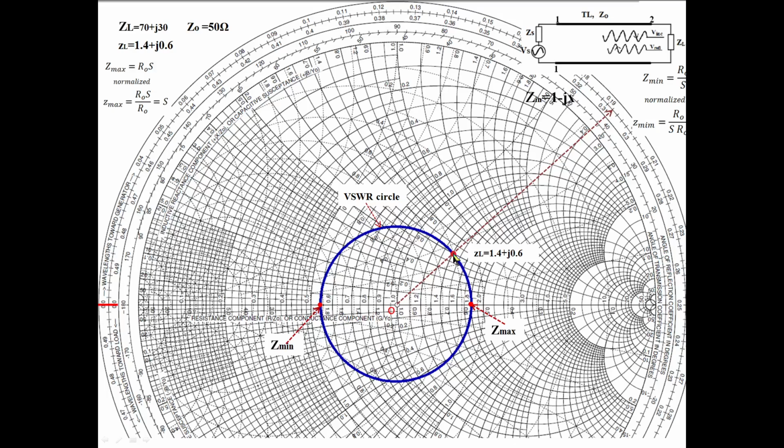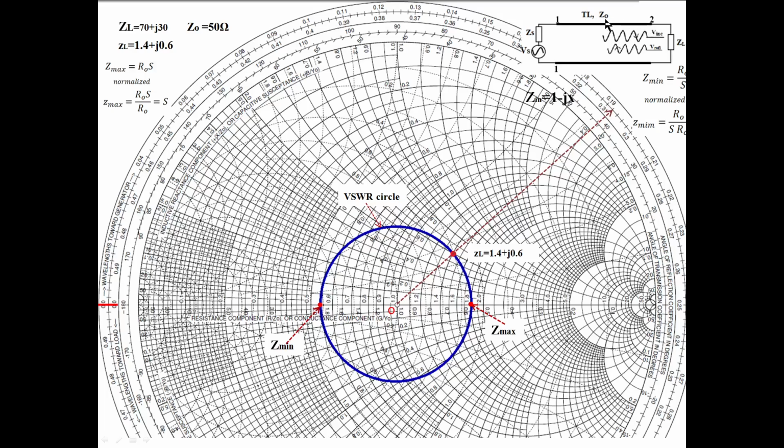Starting from the load point, you move like this. Wherever it intersects the R is equal to 1 circle, you stop. Measure the distance from here to here. How to do that? We have drawn the distance up to the distance scale for this load value. Similarly, you draw a line passing through this R is equal to 1 point. It intersects the wavelength scale somewhere behind. I have not drawn it, you try it. Measure the distance from here to there. You will get the distance at which that impedance occurs.